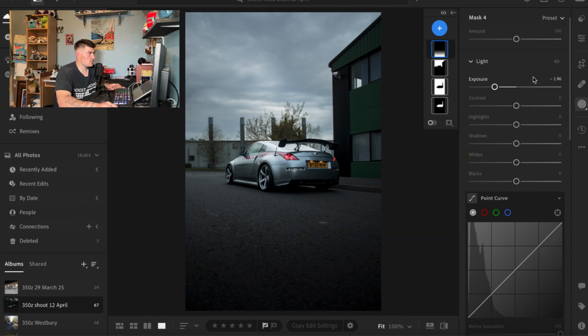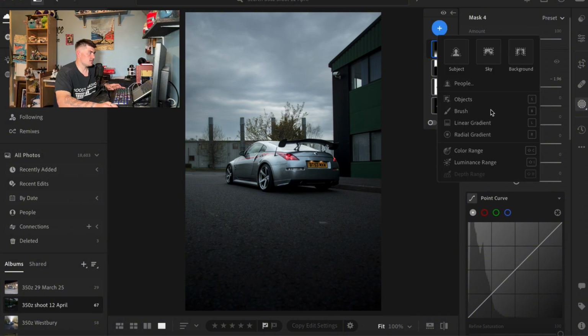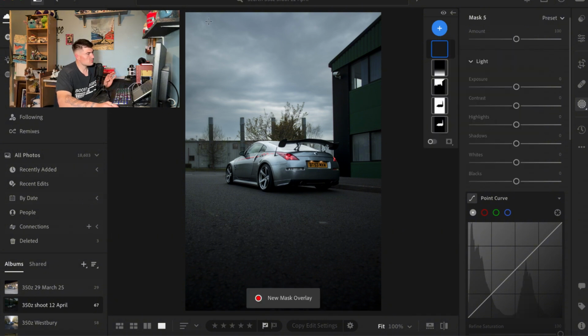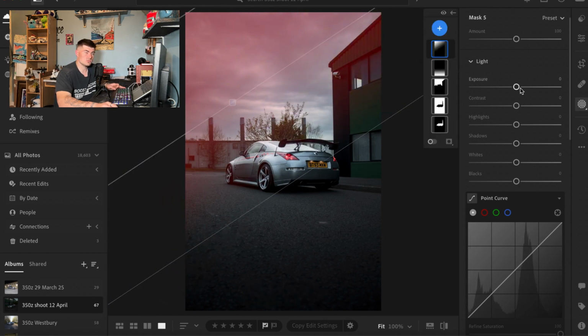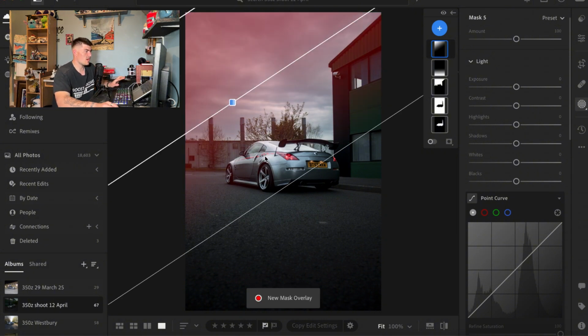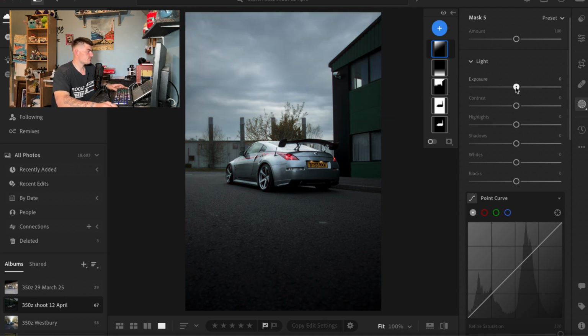I'm then going to create another linear gradient, but come from the top. But I'm not going to come directly down. I'm going to come a little bit from the left side in. The reason for that is that's where mostly my light source is coming from. As you can see, the glare is on the side of the 350Z, around here, around the back window and the quarter panel. That's because the sunlight, or what was left of the sunlight on this day, was coming from that side. So I'm going to actually lighten just that side,